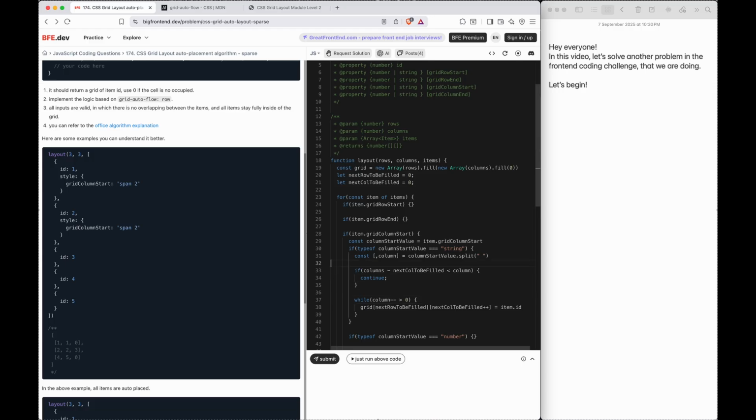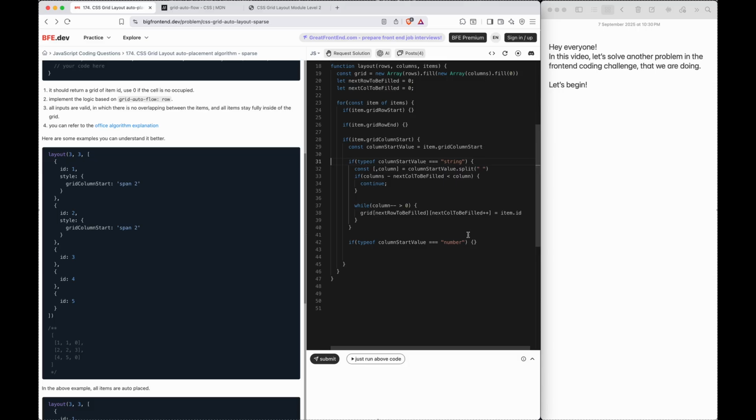Okay, I think this should be good, and we will do the same if it's number. Okay, if it's number, then the only thing we have to do, this thing I think we can copy, and since we are saying if it's number, we can directly use this value. If it's not,